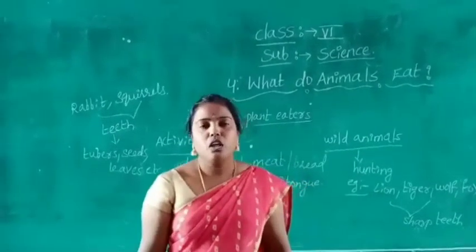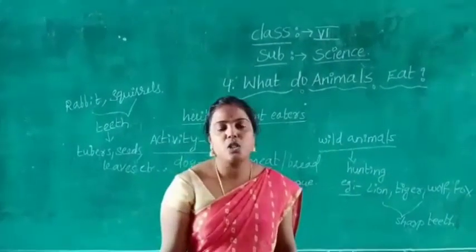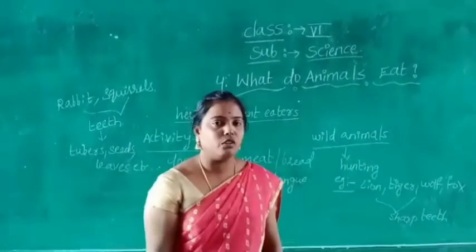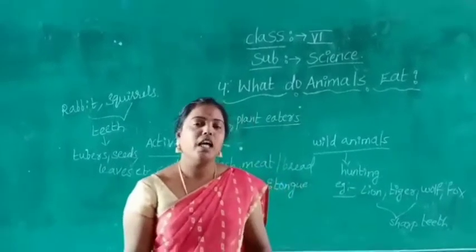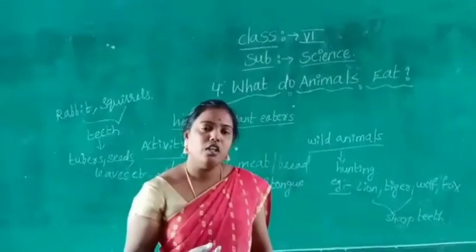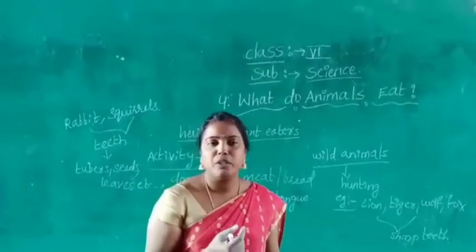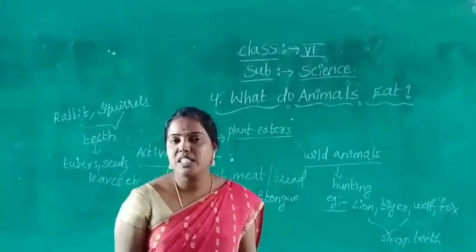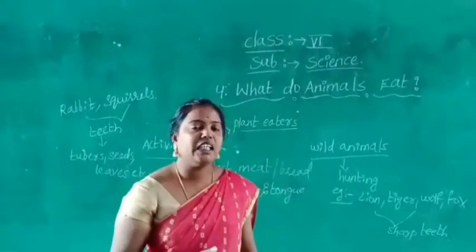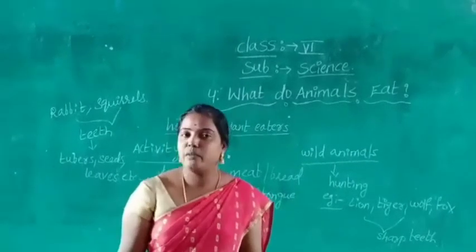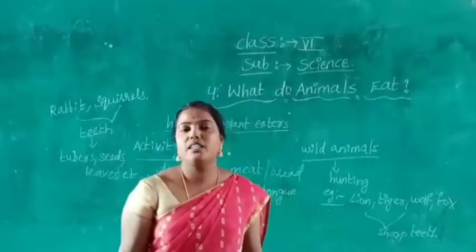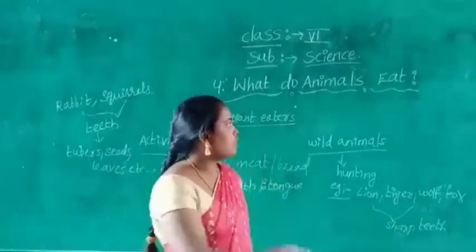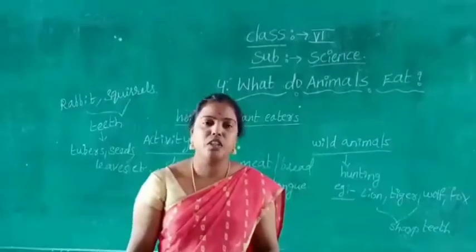Children, do you know earthworms and snails also suck some food ingredients from the earth? Some animals take food by catching it using the tongue. Some animals eat food by the hunting process. Some animals eat food using their teeth and sharp tongue. Some animals eat food without hunting. Some animals suck food from other animals. Okay, different types of animals take food in different ways.